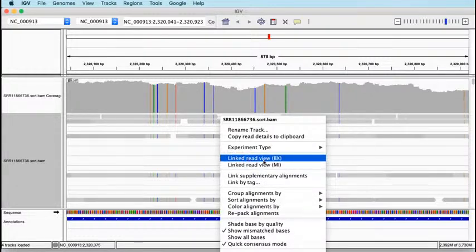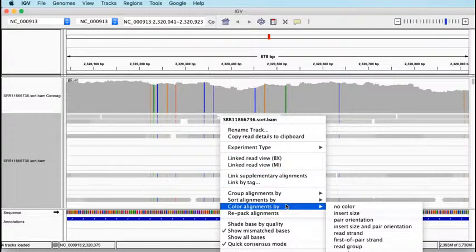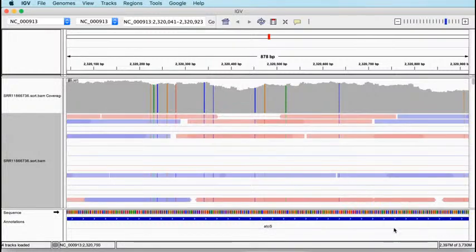There's an option in this context menu when we right click the track to color alignments by, and I'm going to color the alignments by the first of pair strand. This will color them either blue or a pinky color depending on whether the first in pair read aligns to the top strand or the bottom strand, so whether it's going right to left or left to right. And what we should find for this kind of genome sequencing data